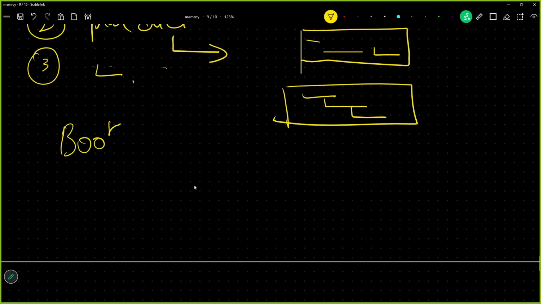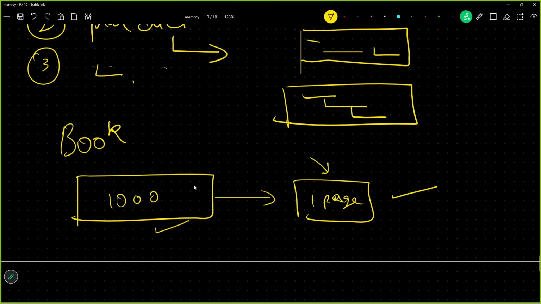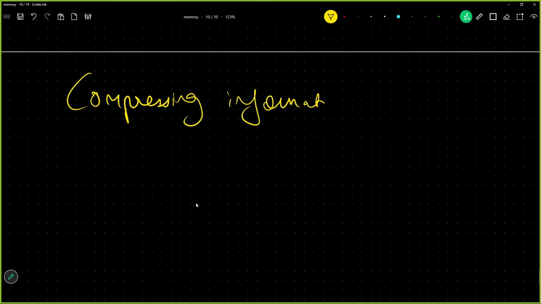You know how a book is written of 1000 pages and it is all summarized in one page? Even though people read this, they will understand the same thing together. But what will happen is, when we go on summarizing this, we are doing a bad thing. We are compressing the information. Because we are compressing information, we might lose out an important detail.